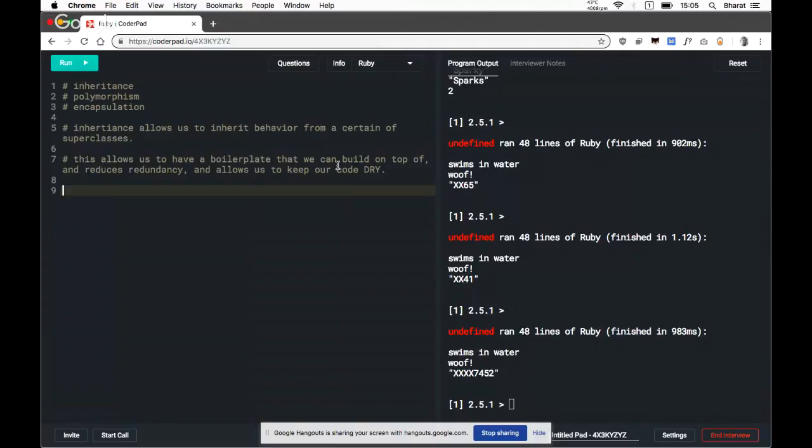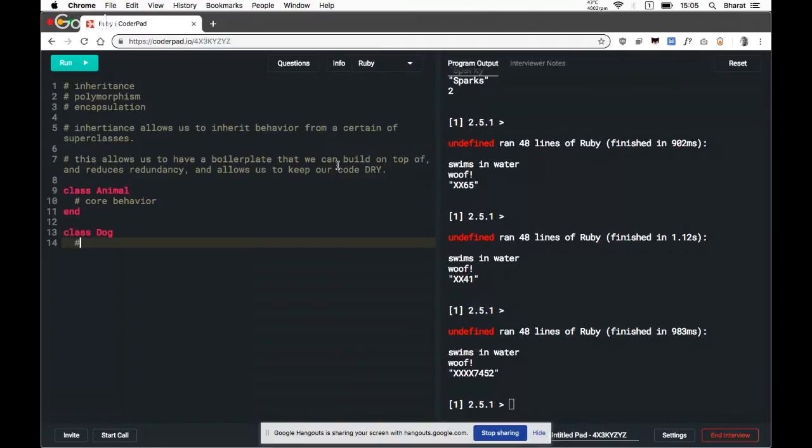So what we typically have with inheritance is a class that has some core behavior, and then you have some behavior which you build on top. So the base behavior this class would have, plus some divergent behavior.